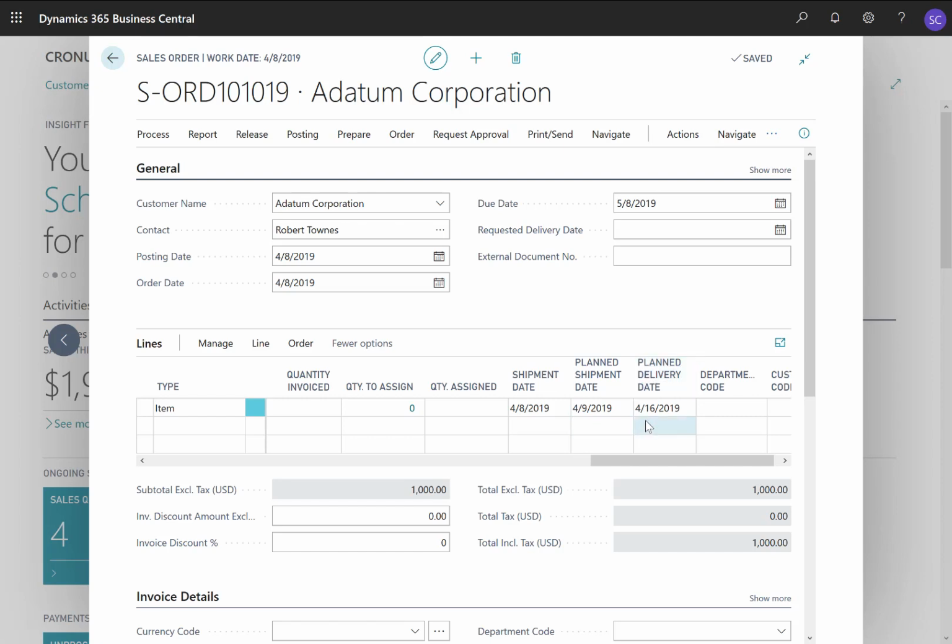So this is the day that we arrive at the customer's facility. So again, a very simple forward calculation for an item that is available